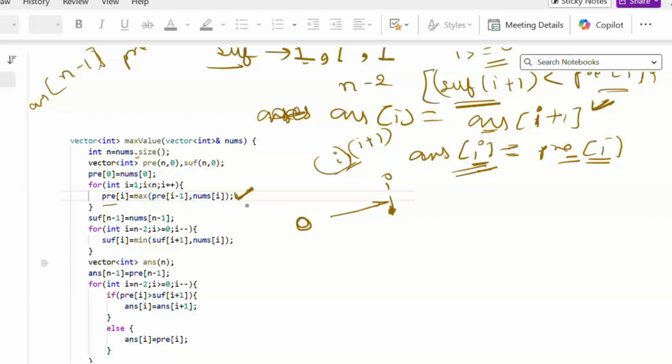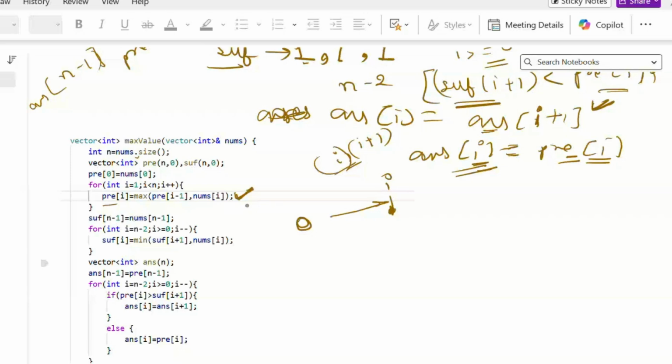Then I started a loop from n minus 2 till greater than or equal to 0. And if prefix of I is greater than suffix of I plus 1, that means there is a way to reach from I to I plus 1, because suffix of I plus 1 is less than prefix of I. So there is some index from 0 till I for which there is a lesser value on this side, so we can easily move to this side, like I and I plus 1 will be connected.